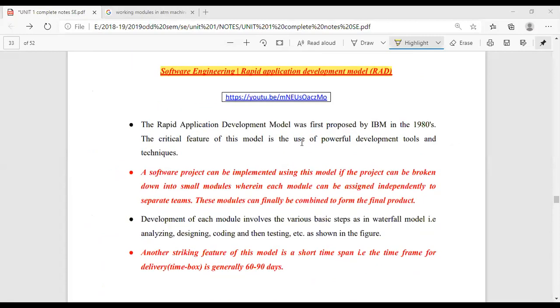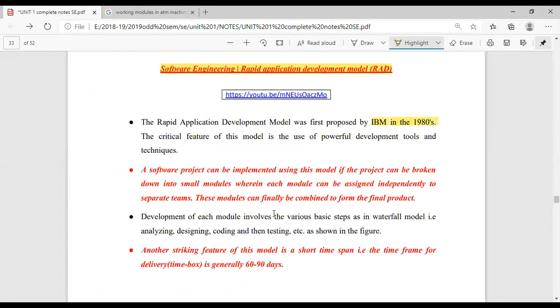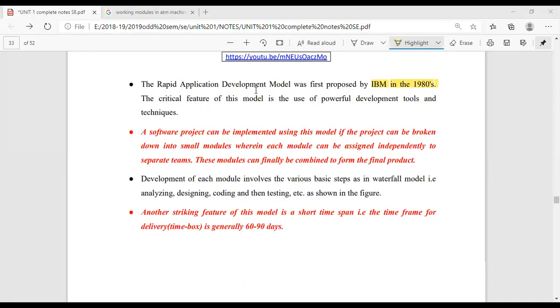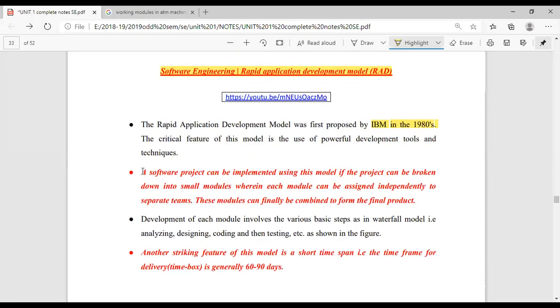Just now I told you an example of ATM, right? In rapid application development, what happens? Let me tell you. It was developed by IBM in 1980. In this model, we are going to divide the entire project into small modules.